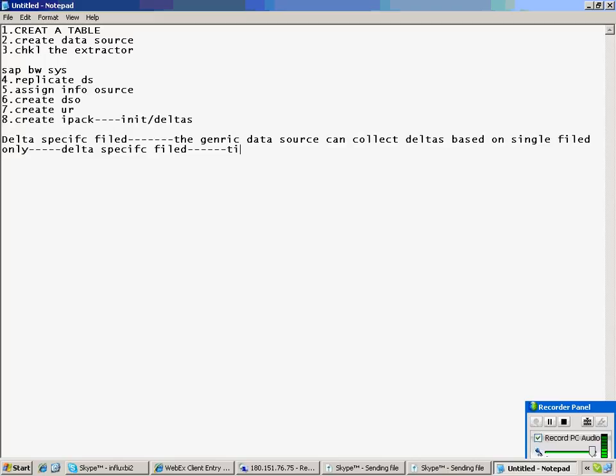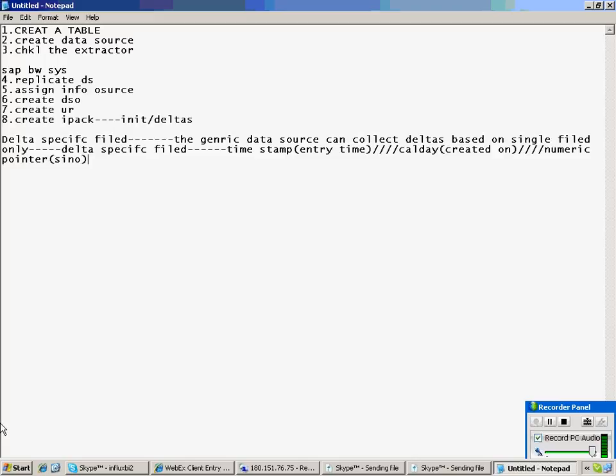It must be related to either timestamp, for example document entry time, related to timestamp only, or it must be related to calendar date, something like created on, or it must be related to a numeric pointer, something like serial number or document number. So I'm talking about deltas.